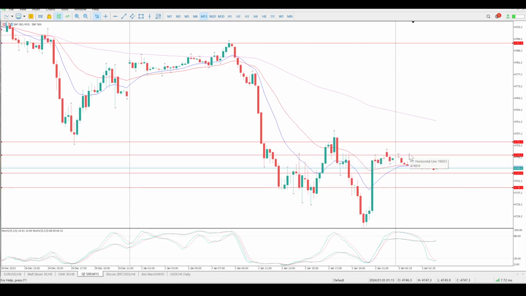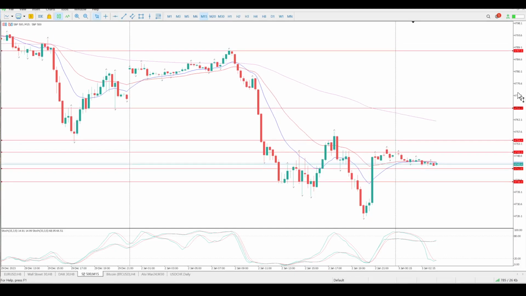So we need to get above this zone. So first things first, if we can get above 47.50 and hold it, I'd be very wary of 47.54. So that's kind of the area that I'd want to get above, to be honest. So I want to get above that, fill the base, and then we're looking for a move to the upside. You'll probably be capped by this area here at 47.66.